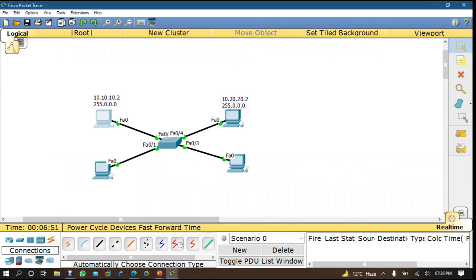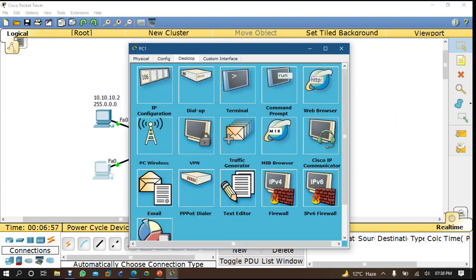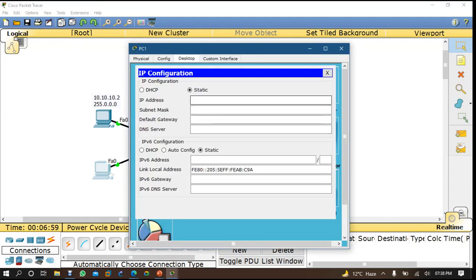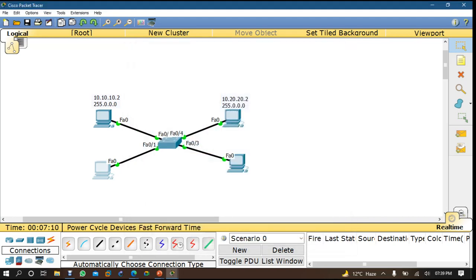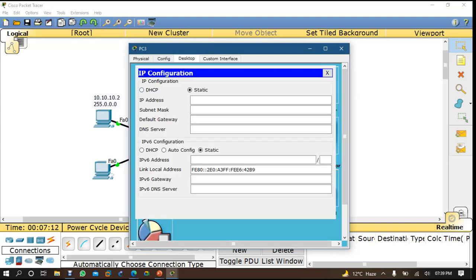Okay, so now come here. Let's come to this computer. I'll come to desktop, IP configuration, and here we are using 1.2.16.5 with the default subnet mask, and here 1.25.25.20 with the default subnet mask.